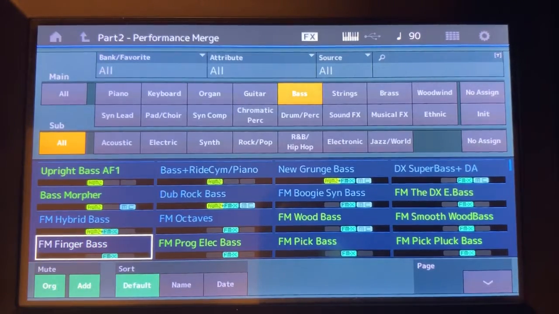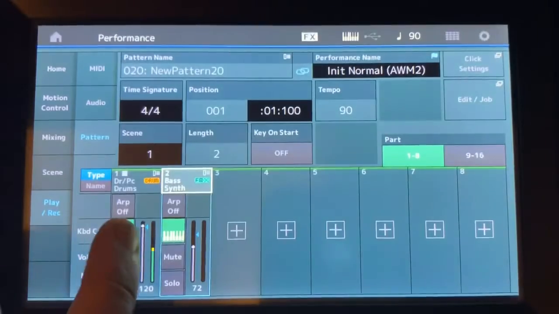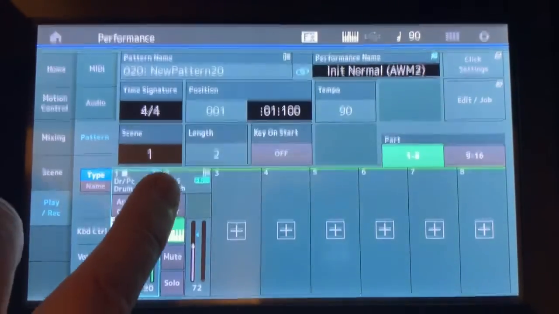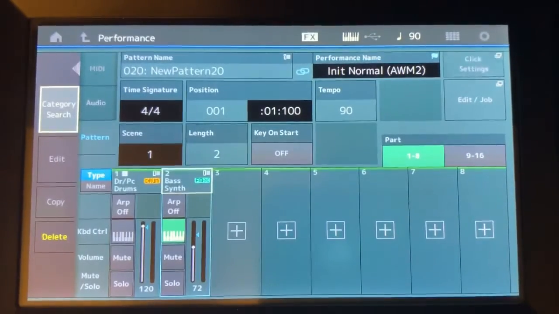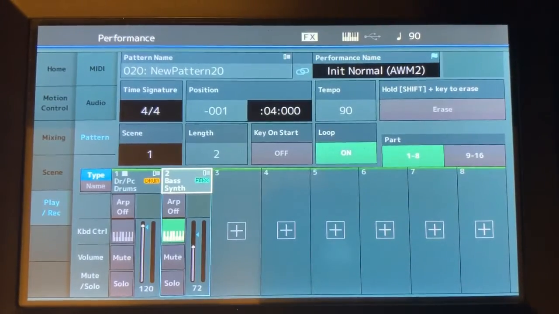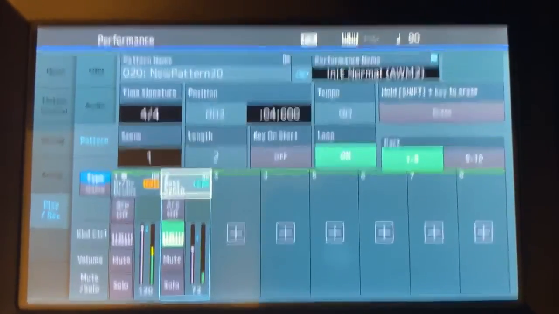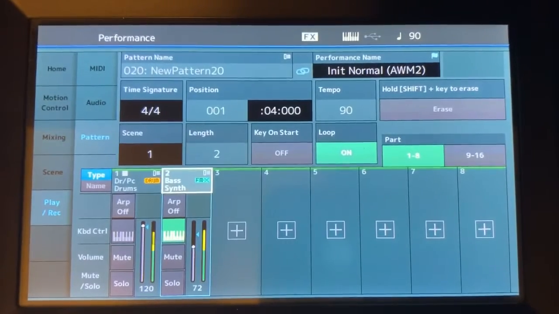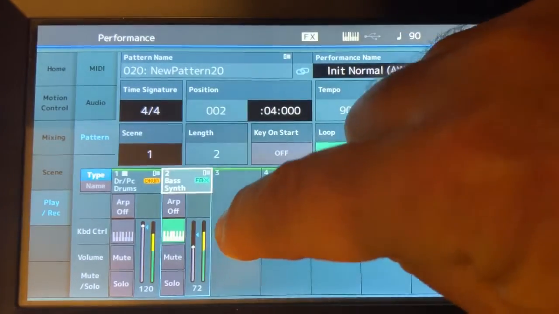Finger bass. Change the length, but it's okay. Got our thing. Now I'm going to add here